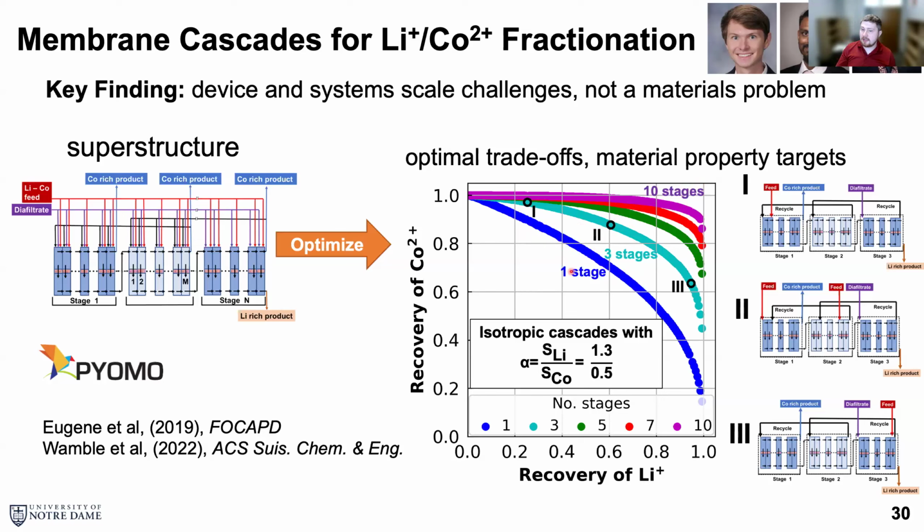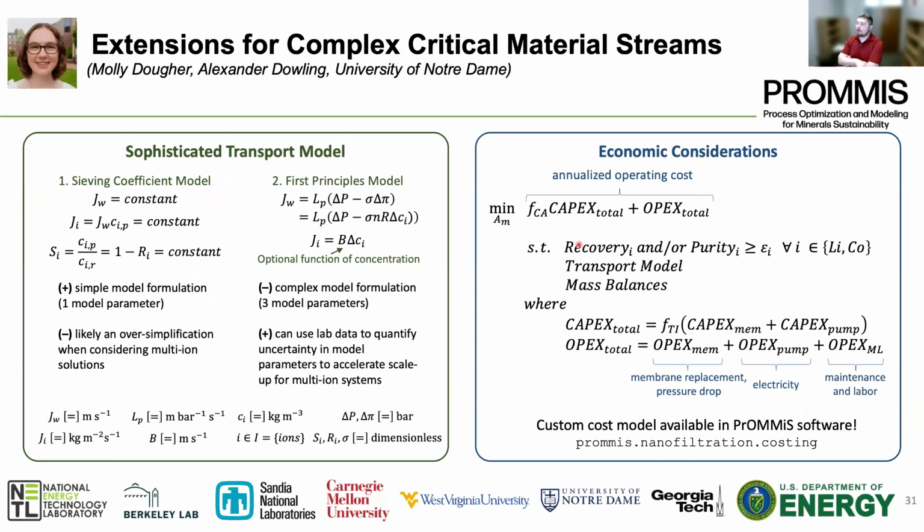a single stage and conclude erroneously that this is a materials problem. But if you do a little bit of process engineering and you think about a stage separation, you see something that you might conclude is a materials problem is actually a process problem. And the research questions are really in how you do that scale up. In this type of analysis, you're building models that came from those automated experiments. So PrOMMiS took